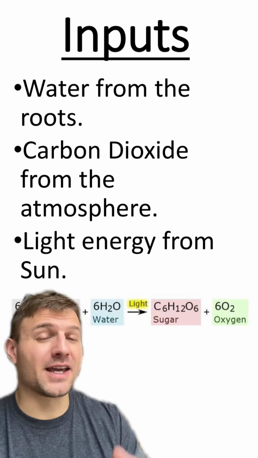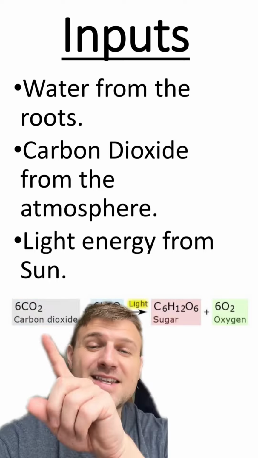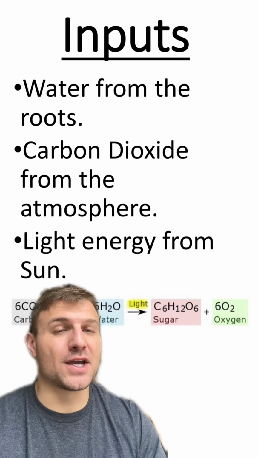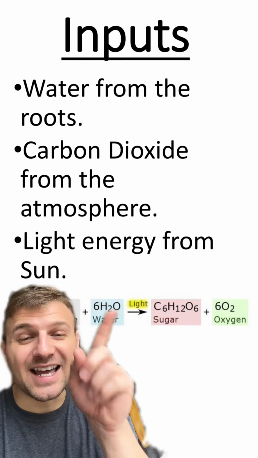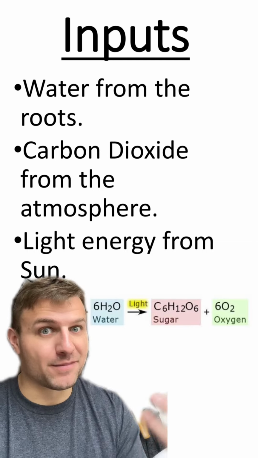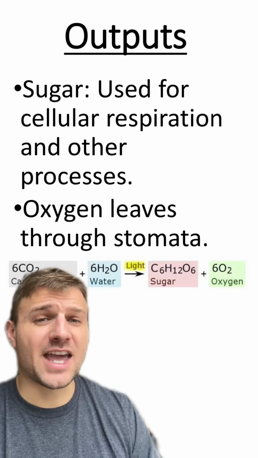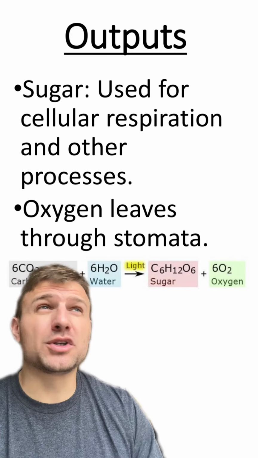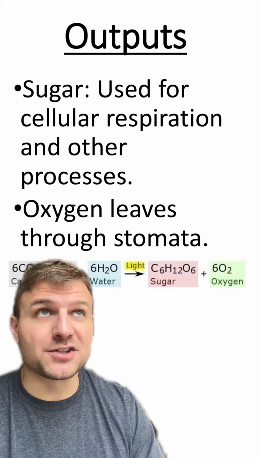First is water, and plants obtain water from their roots. Second is carbon dioxide, and they obtain the CO2 from the atmosphere. And the last input is light, and they get that from the sun. Well, mostly the sun. The outputs of photosynthesis are sugar, which is used in plants for cellular respiration and other